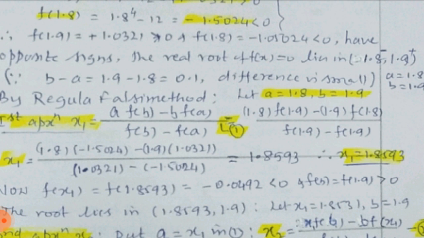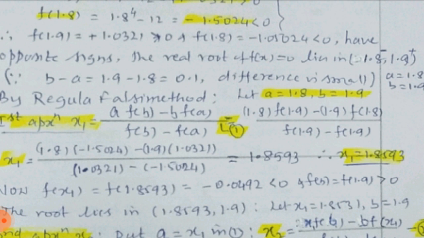Minus 1.5024 divided by the denominator, that is correct. f 1.0321 minus of minus plus 1.5024 is equal to 1.8593, is the first approximation. Once again, take the pen and change the values: x1 is equal to 1.8 into